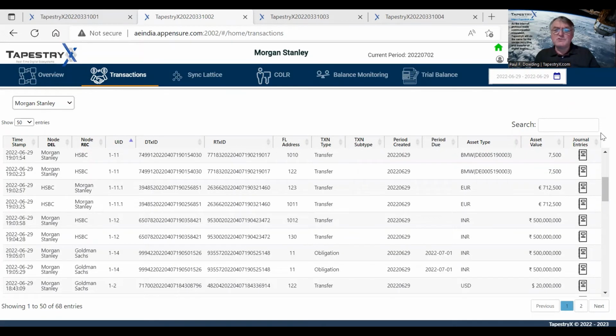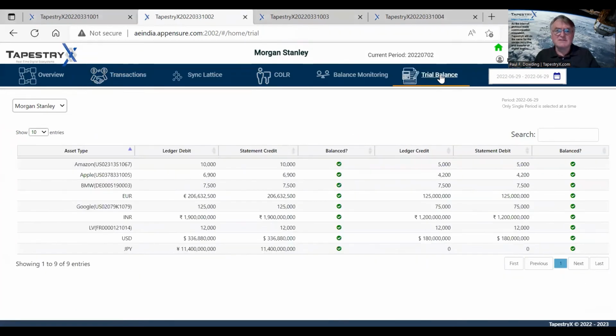Now, with all the journals that are shown on those transactions, we can actually run trial balances, meaning we can show that for every ledger debit there was a statement credit, and for every ledger credit there was a statement debit, and we're matching them, so this becomes trial balances. Now it happens that one transaction versus BMW was the only one you saw, so you can see the trial balance here, and we ensure that it's matched on an event-driven basis.